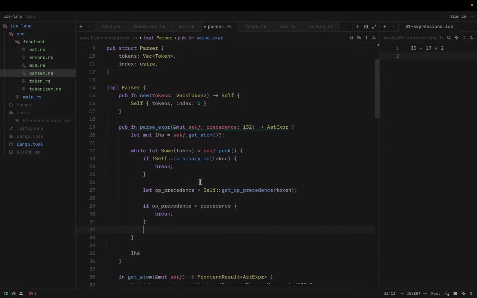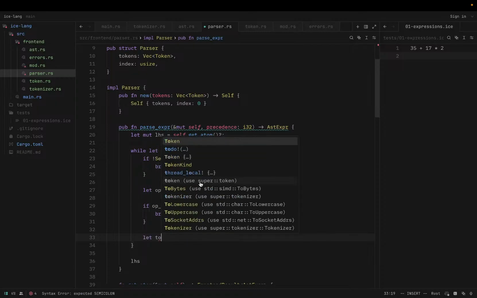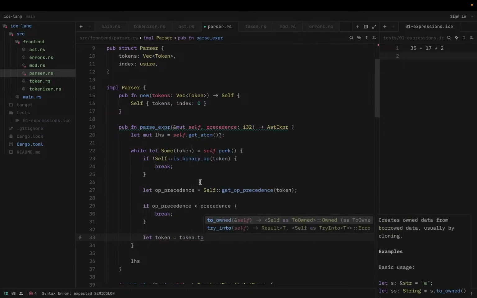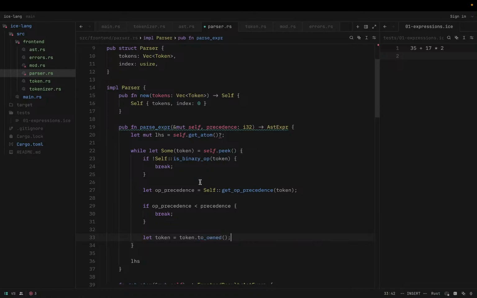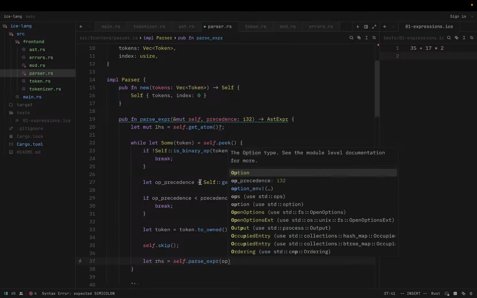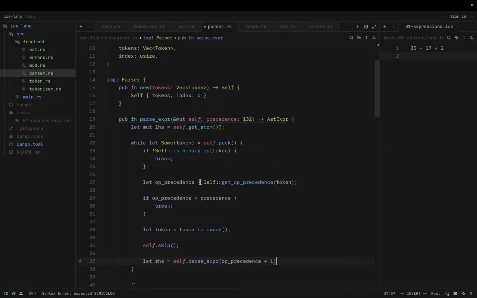Otherwise, what we'll do is let token is token dot to owned, and we can self dot skip the current token, and then we can say let right hand side is self dot parse expression with precedence is the operator precedence plus 1,